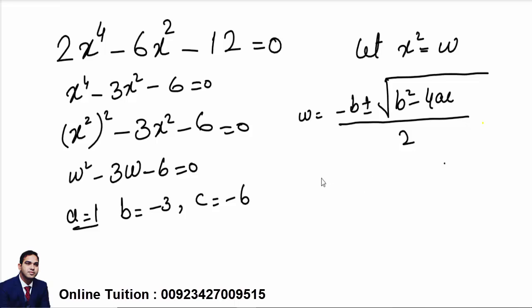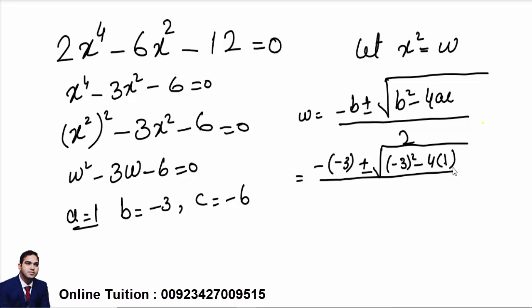Now after that, insert all these values in this formula. Now insert the value of b, this is negative 3, plus minus the square root of negative 3 square minus 4 into a which is 1, and c which is minus 6. So the denominator is 2a, 2 into 1. Now this is 3 plus minus